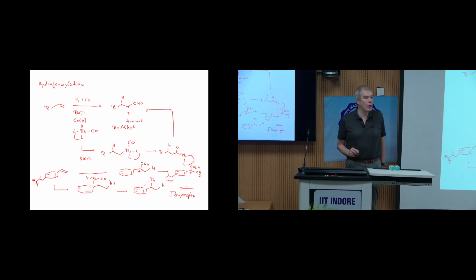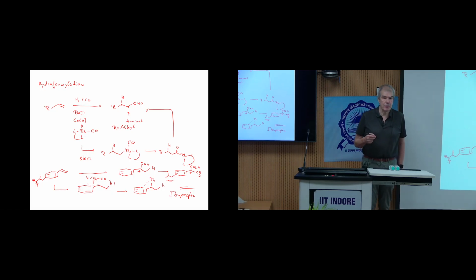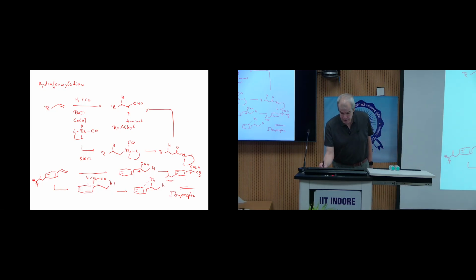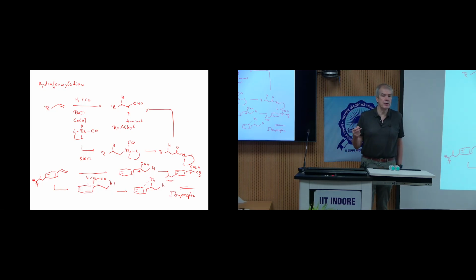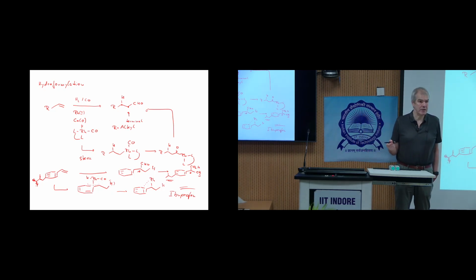And I'm not sure how this is here in India. If you buy ibuprofen, do you buy just ibuprofen as a racemate, or do you buy the enantiomerically pure compound? Because the S enantiomer is more effective. It's an interesting story. The R enantiomer actually makes a headache, and the S enantiomer relieves you from the headache. The S enantiomer is about 20 times more effective to kill the headache than the R enantiomer,